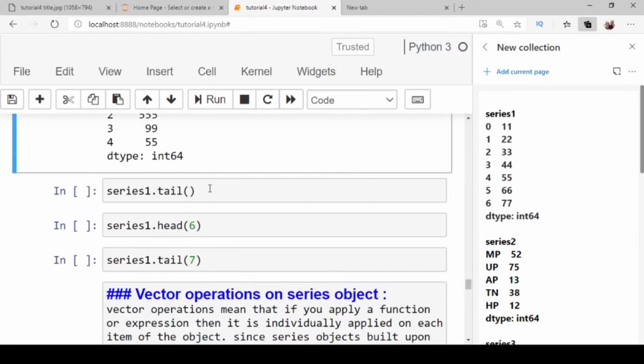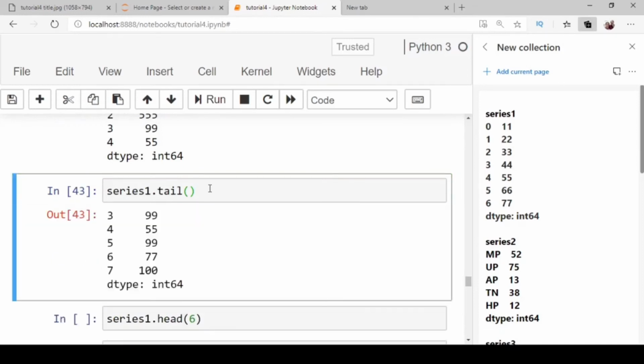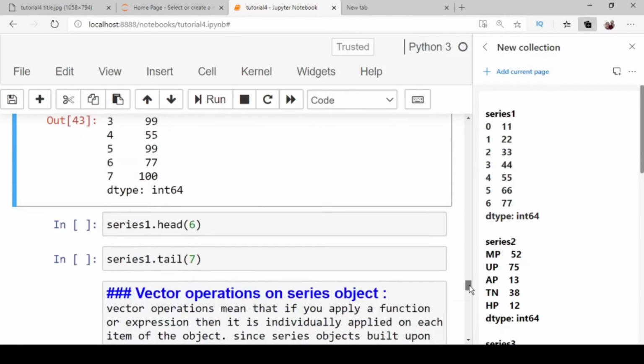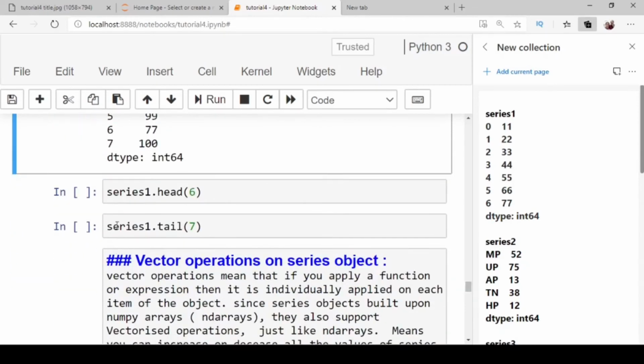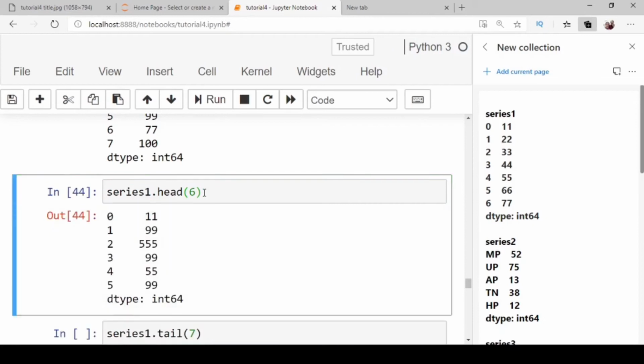Series 1 dot tail returns the last 5 rows from series 1. Similarly, series 1 dot head, and here the value of n is 6. So this statement displays the first 6 rows of series 1.